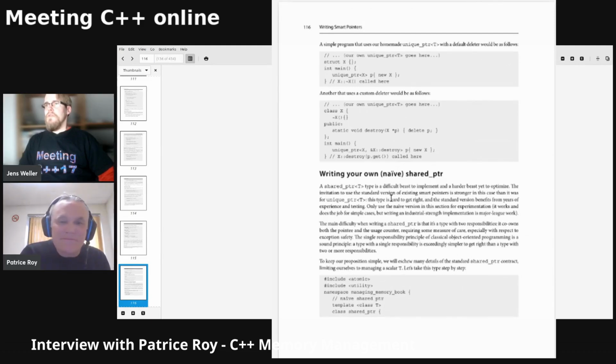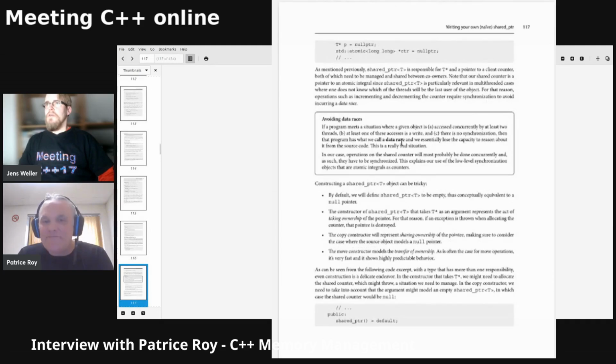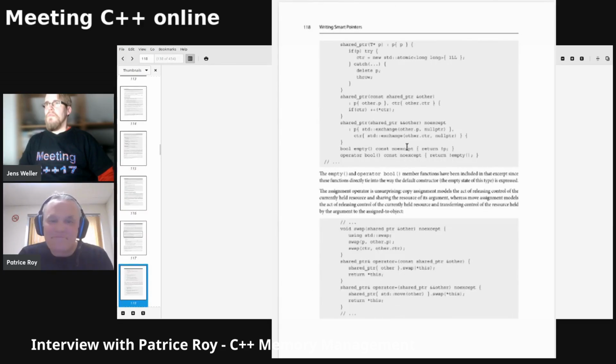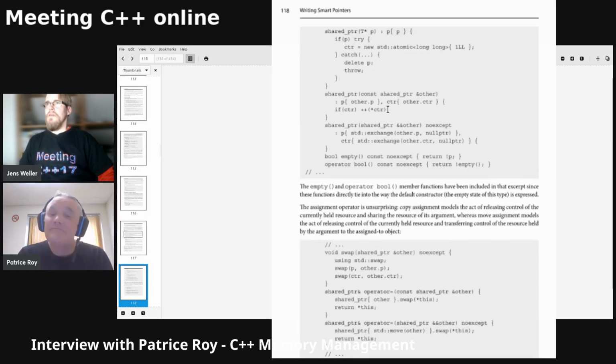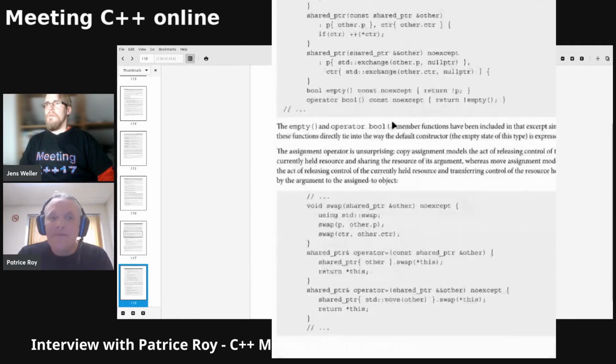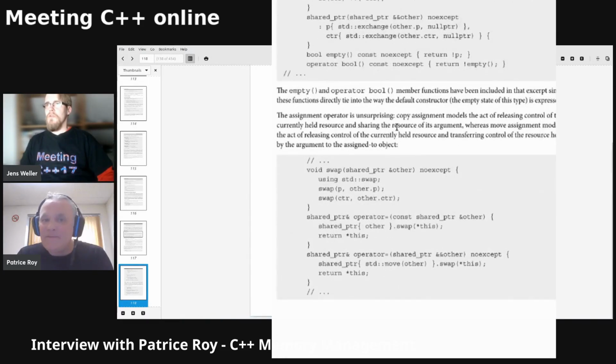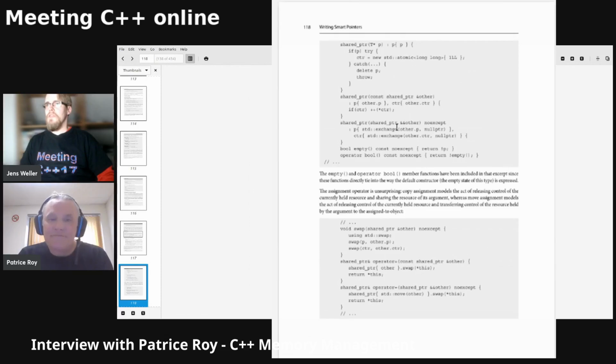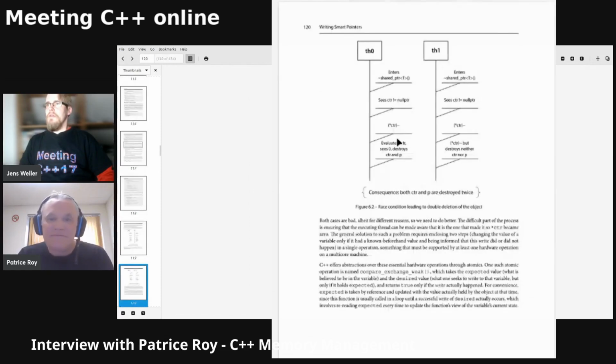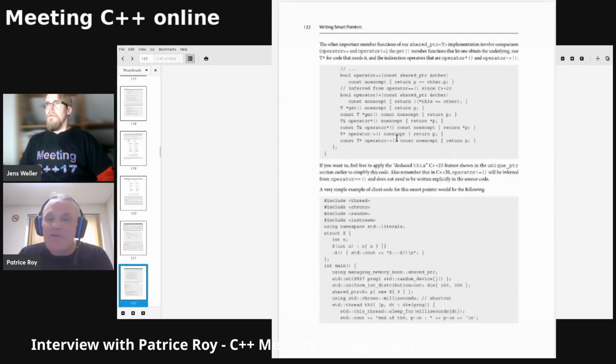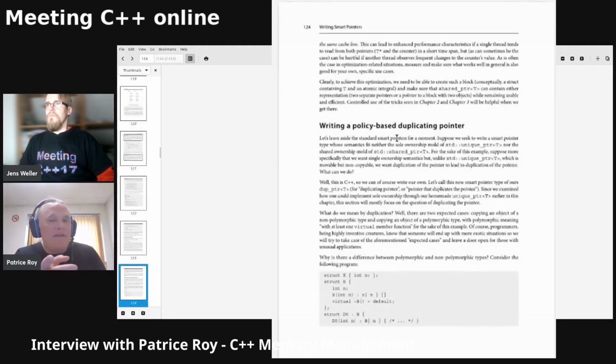But here we go into shared pointer, which is getting a bit more complicated. Even the simple version of a unique pointer was a few pages, and well, shared pointers are very tricky, but they're done right in the standard.